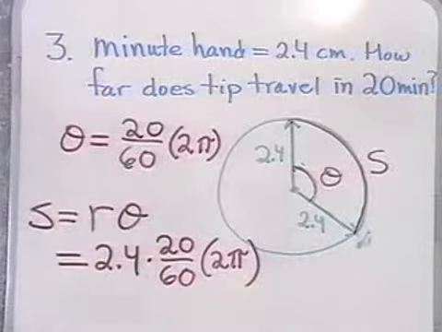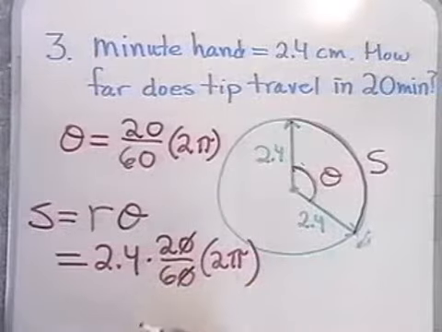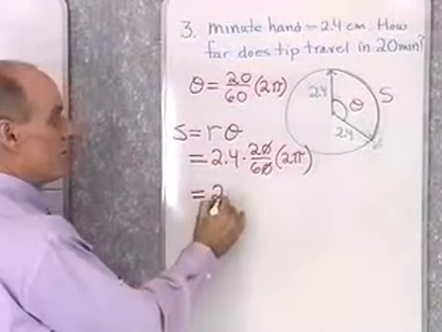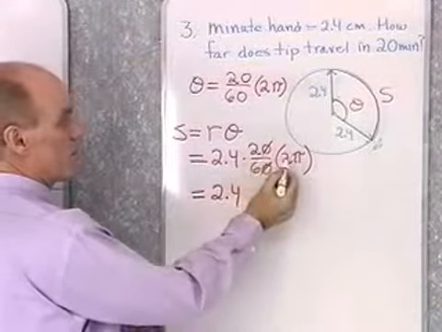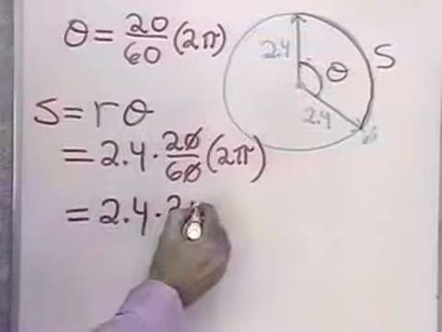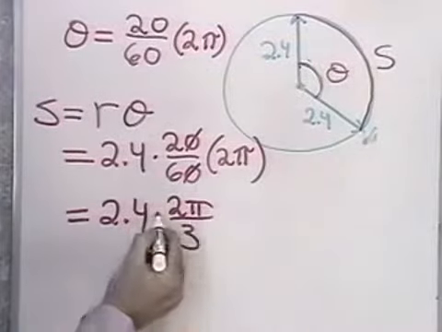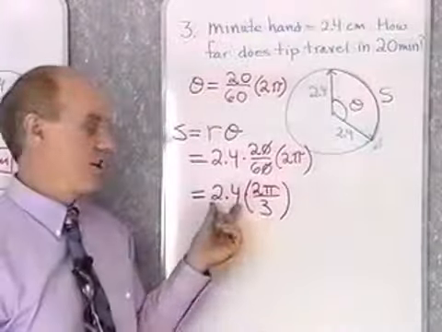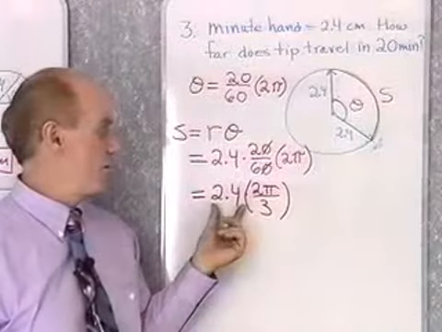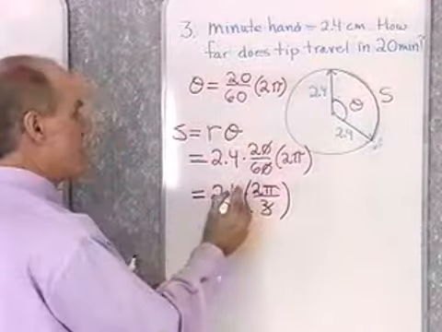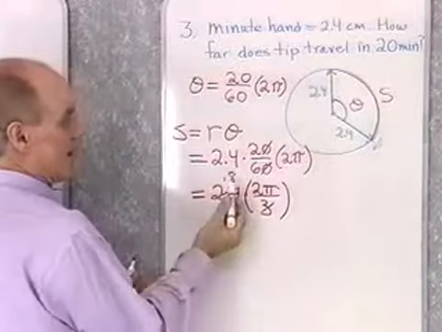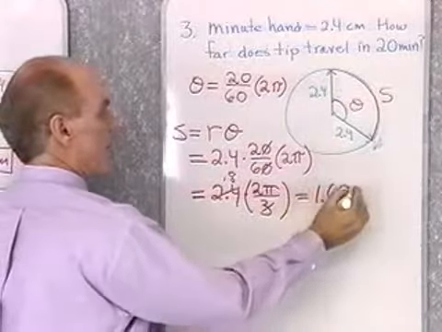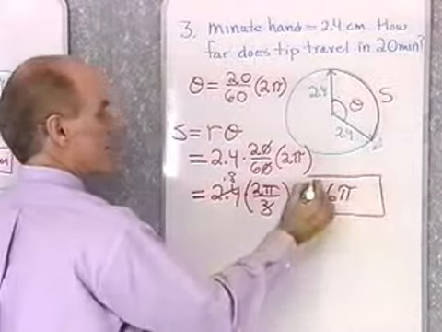And let's see, I can divide out these tens here, so I get 2/6 times 2 is 4. So 2.4 times 2 times 2 is 4/6, so 2 pi over 3. This is multiplication right here. I better write it like this. Let's see, I'm going to try to divide this 3 into 2.4. 3 into 2.4 is going to go 0.8 times. So 0.8 times 2, okay, how about 1.6 pi as the exact value of the distance that's traveled,